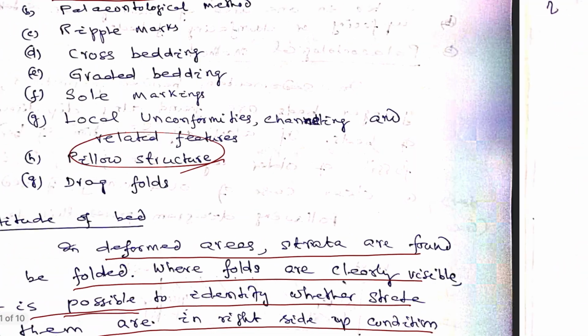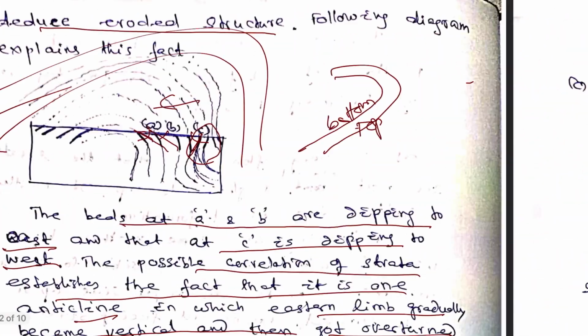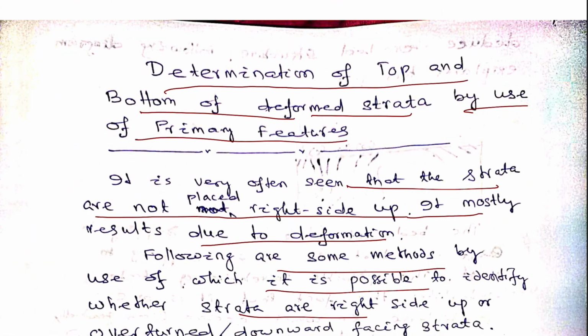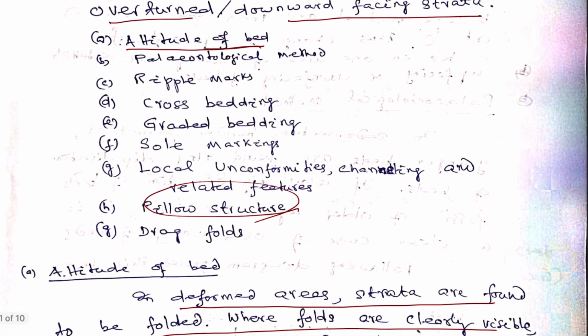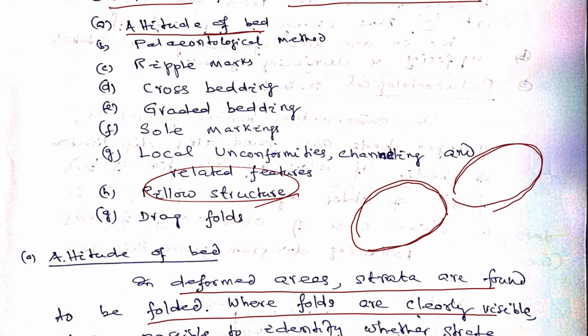They are also useful in determination of top and bottom of beds. So how pillow lava is useful in determination of top and bottom, that we will discuss. Pillows are convex upwards and convex downward. These are the pillows. When the volcanism takes place in